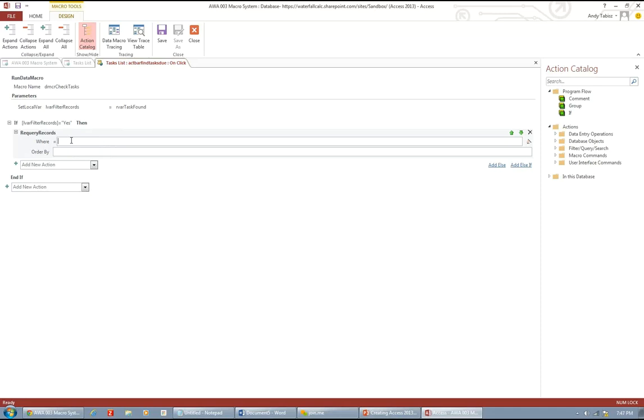So we're going to go ahead and say, okay, if that happens, we want tasks.due date, where task due date is less than, and we're going to do the same functionality we did before, DateAdd, day, comma, 7, comma, today. So we're going to say filter these records where the due date is less than